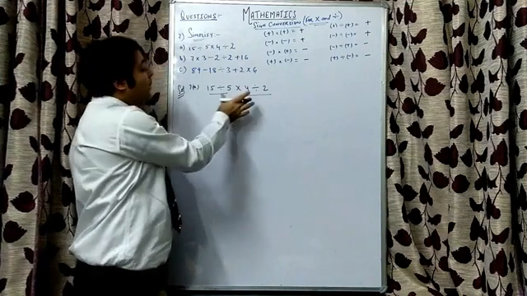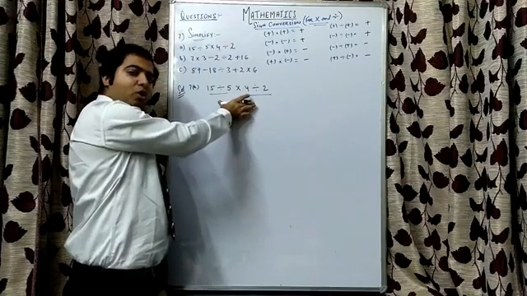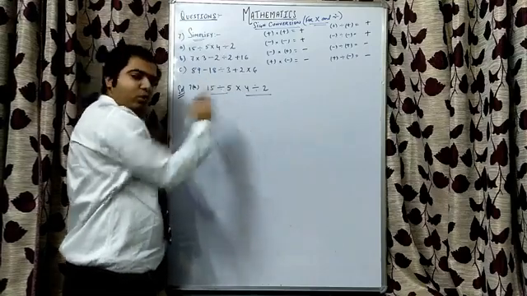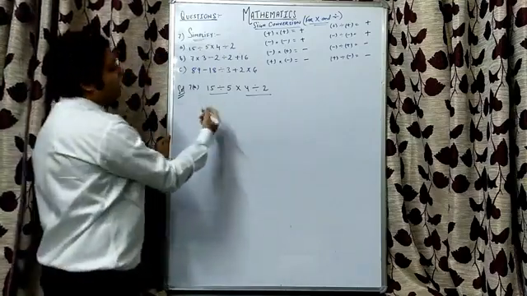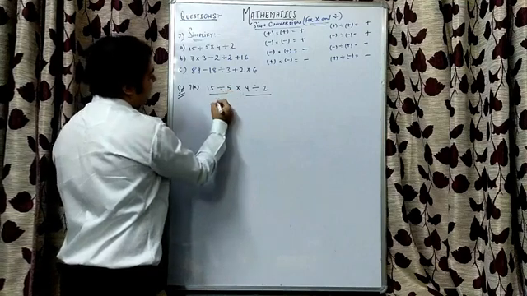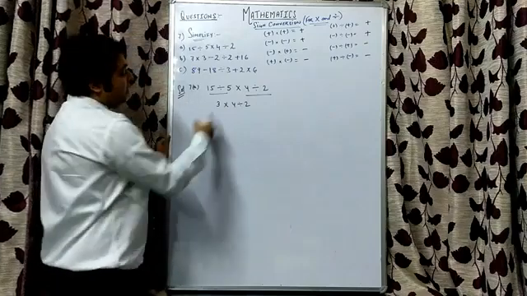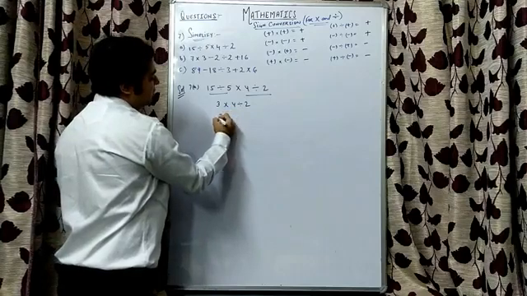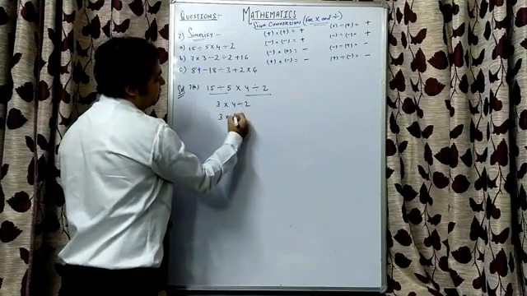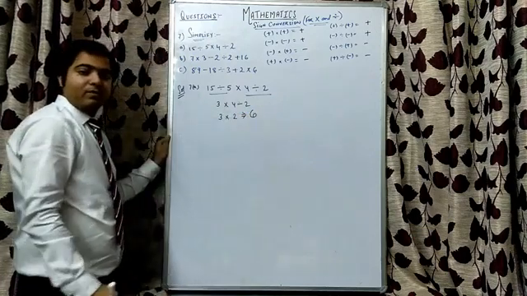So the answer is, we can solve both divisions simultaneously or one at a time. If you want to solve both together, you can solve both together. If you want to solve one at a time, you can solve one at a time. So I am solving one at a time. 15 divided by 5 will give me 3 into 4 divided by 2 as it is. Now again, multiplication and division is there. Priority will be given to division. So 4 divided by 2 is 2. 3 into 2 will give me answer as 6. Right? This was the first part.